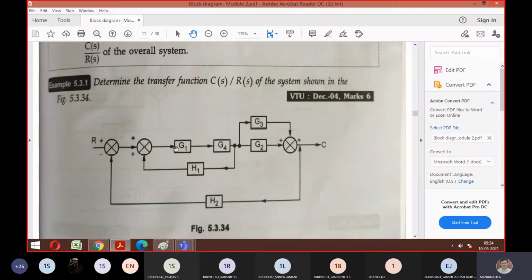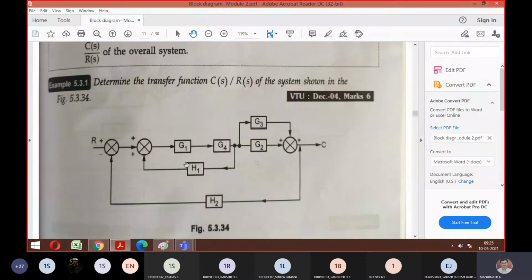So here what we can do is elimination. Only thing is you should remember this plus. I told you the difference between elimination with minus and plus, right? So if plus is there, the formula should involve the minus category. So the formula was G divided by 1, here plus is there, so it's minus G into H. Since G is nothing but G1, G4 and H is nothing but H1, you can replace that with a single block. So this single block and this single block are again in cascade. So make it one, and that combination is going to be elimination.